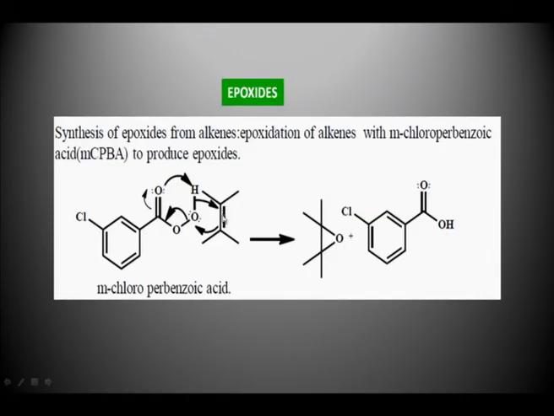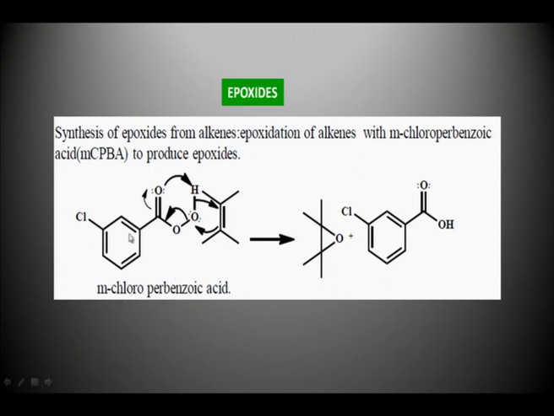Generally, epoxides are prepared by treating olefins with metachloroperbenzoic acid. When olefins are treated with MCPBA, or metachloroperbenzoic acid, it gives the epoxide, and chlorobenzoic acid is the byproduct in this reaction. If you see the mechanism of how the epoxides form, we can conclude how the epoxides are going to form. So, in this particular reaction here,